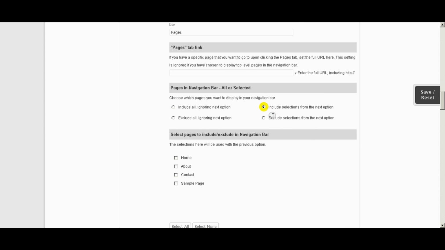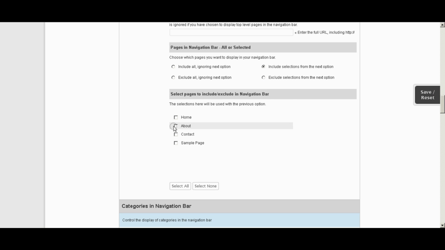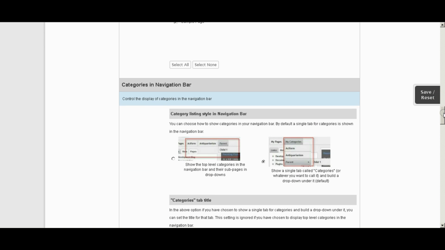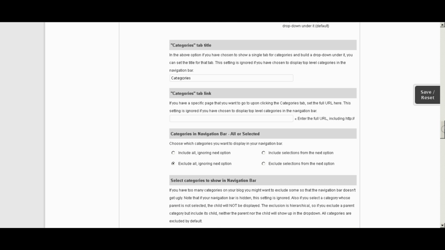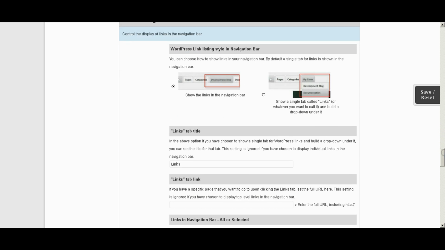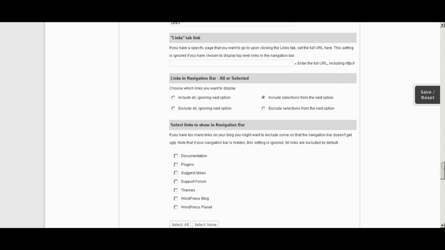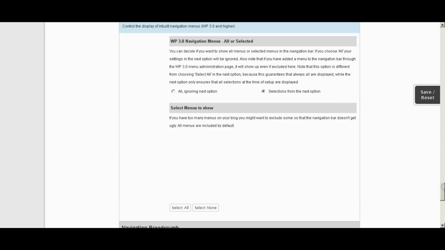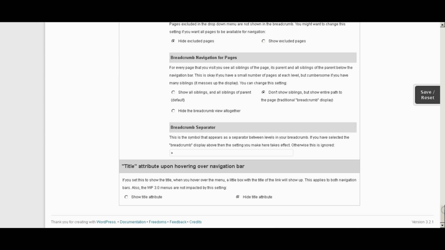And what else? We're going to include selection from the next option, and this time I'm going to check all these boxes. These are the pages that we created earlier, and I want these pages to show up in the menu bar, and I'll select the first one again and include the selection from the next option. I'm going to check the uncategorized only to show you what it does when I do this, and the rest I'm going to leave alone. That's fine, but we just need to save this,